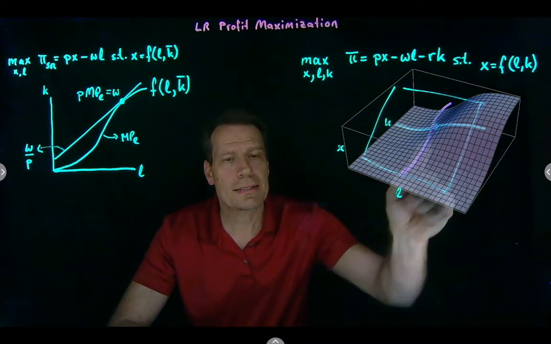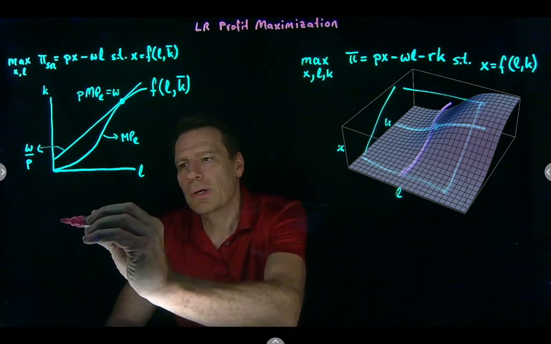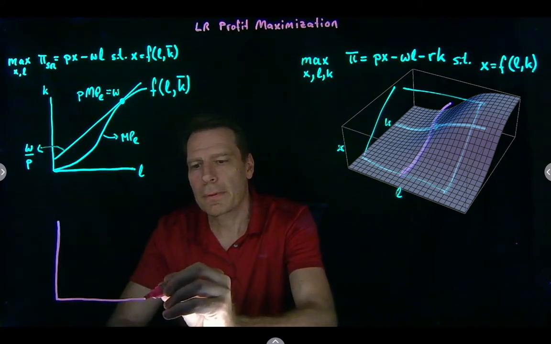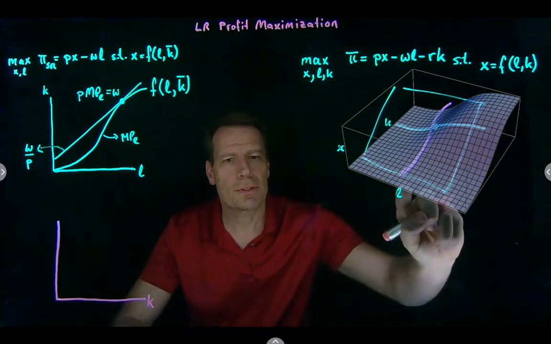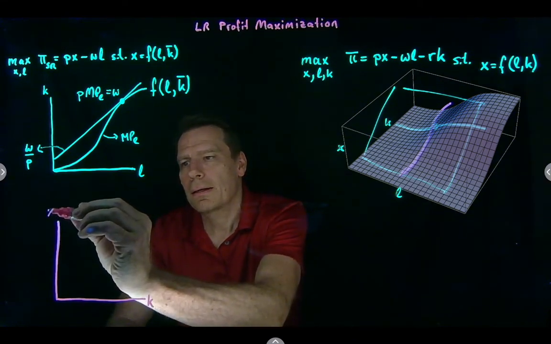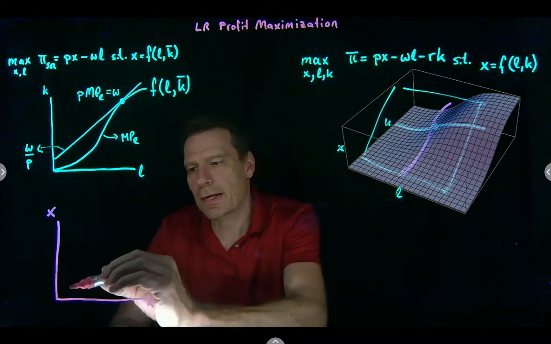When we take that slice, we get a very similar picture. We get a picture where labor is held fixed, and we vary capital. So we're just varying capital, holding labor fixed, and see how much output we can get. That slice also has that same shape,